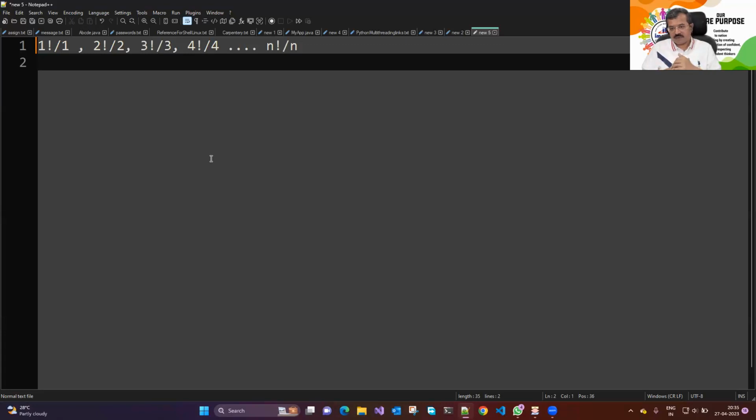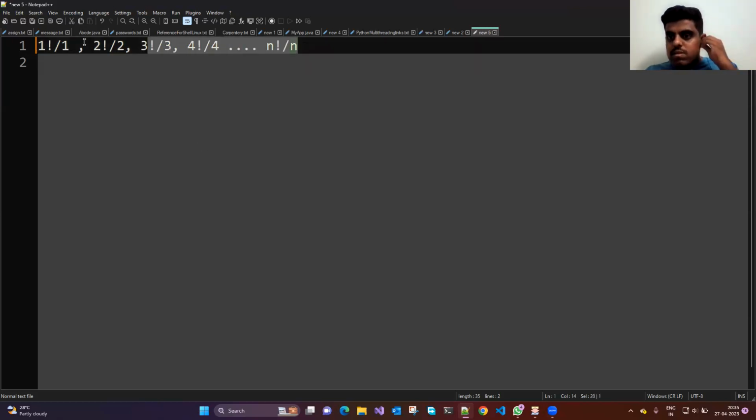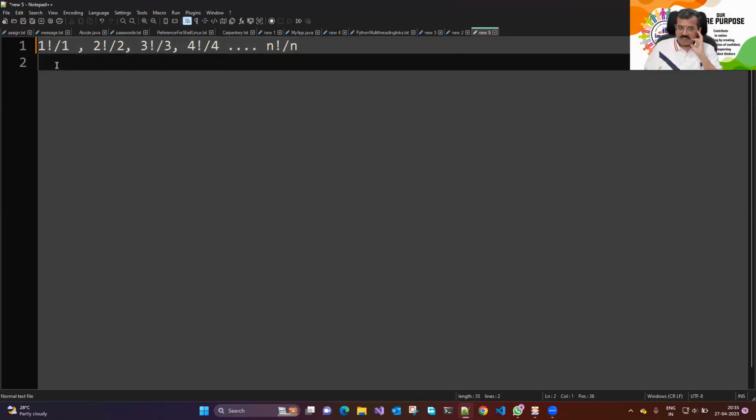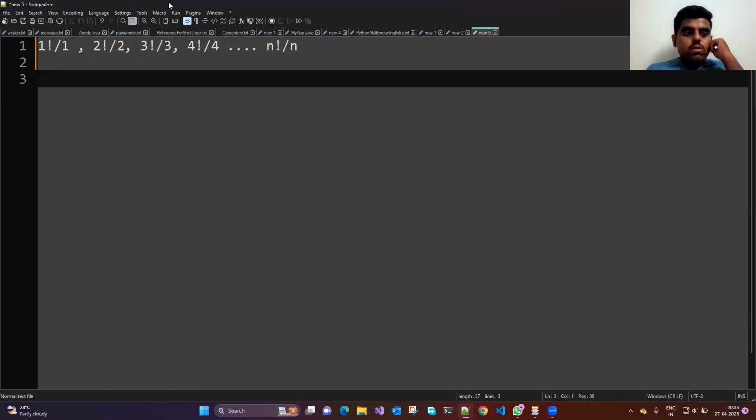Now, Kaustubh, please explain what was your idea about solving this? Sir, so first we have to take the input from the user till which integer. No. You have simplified this series. Yes, sir. So tell me about this simplification. So the simplification is we have to just calculate the factorial and divided by the counter value. So I have just applied one for loop, and calculate just assigning the formula of factorial in it,